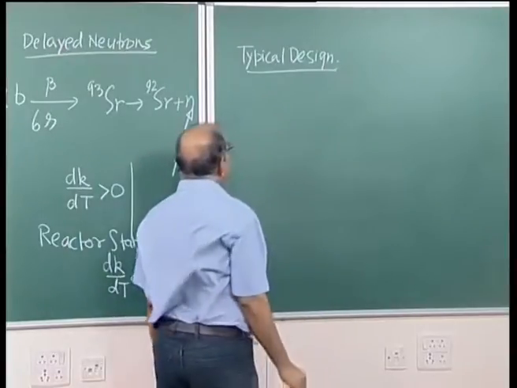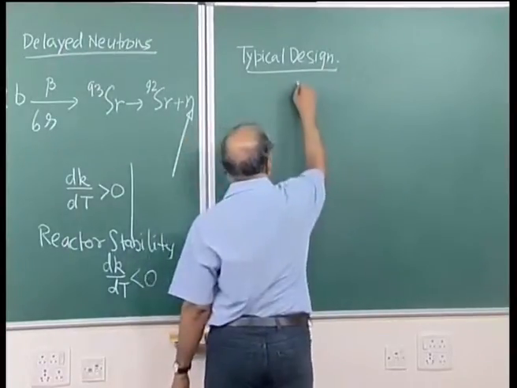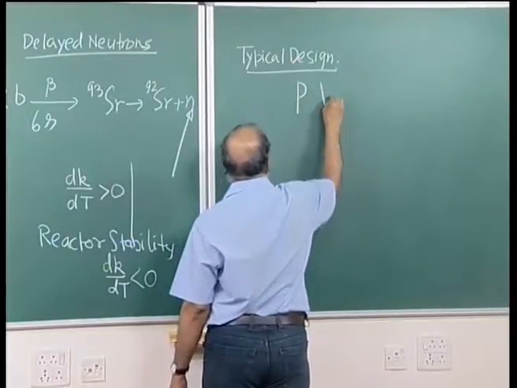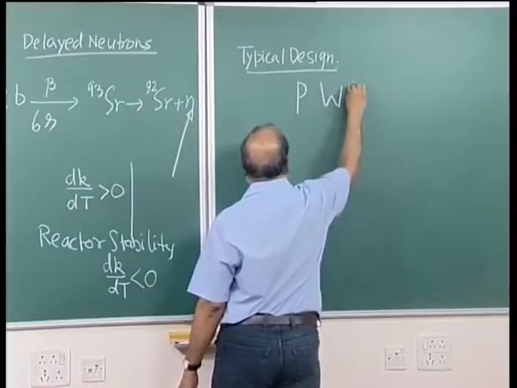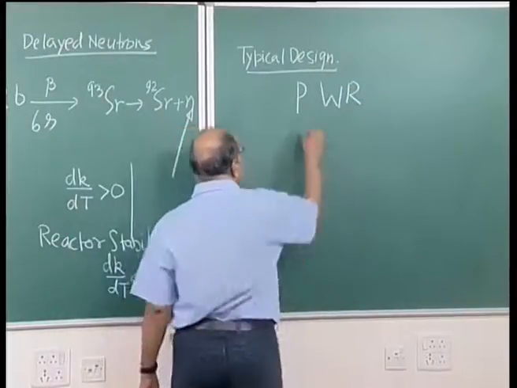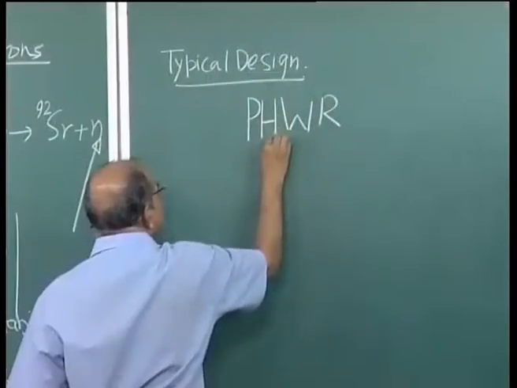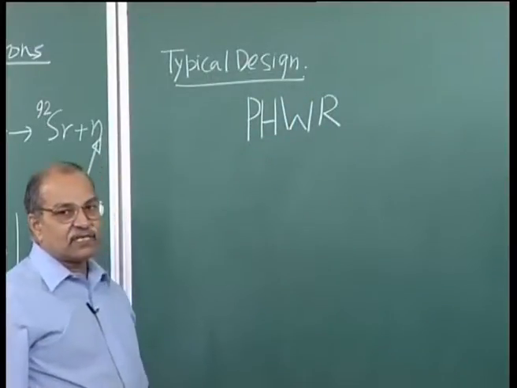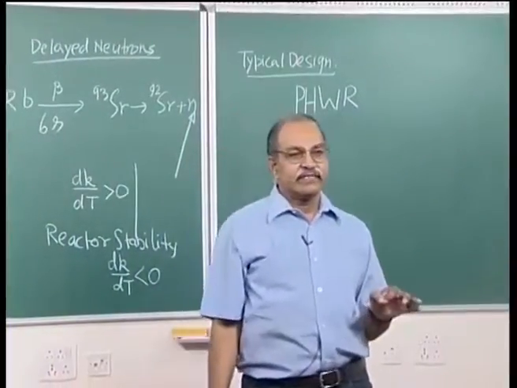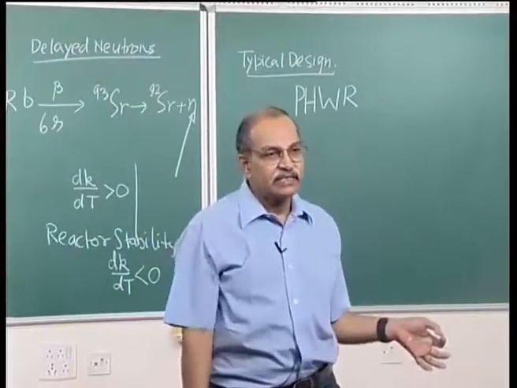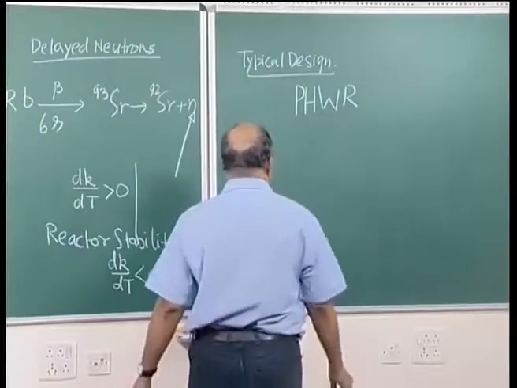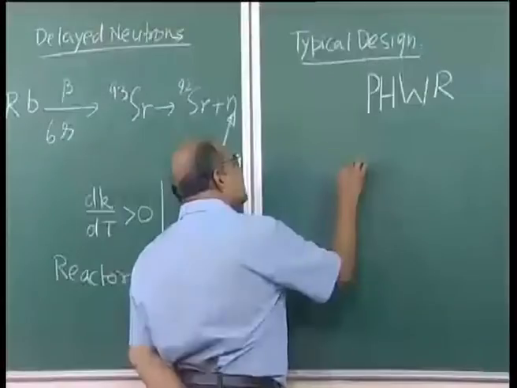which most Indian nuclear reactors have is what we call the pressurized water reactor, PWR, and in place of water, if you use heavy water, then it is PHWR, pressurized heavy water reactor. Of our 20 nuclear reactors in India which are commercially producing electricity, 16 are of this type. So, what is that? In this, that reactor core,